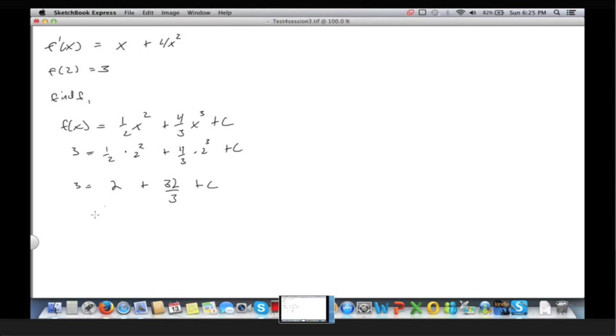I'm going to change this to decimal and then change it back at the end. So this is 3 equals 12.66 plus c, and then 3 minus 12.66